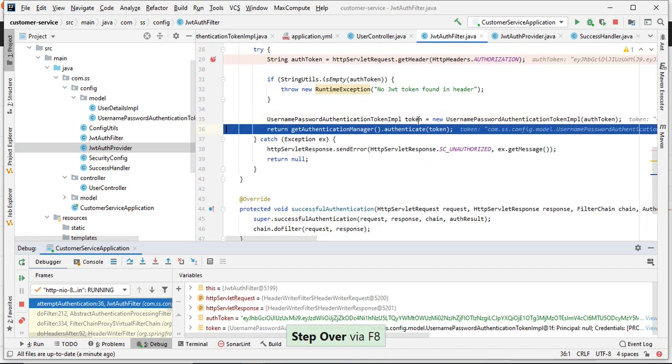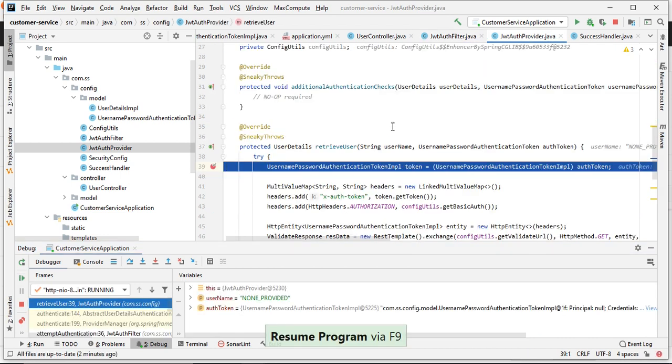Now we are creating the username and password authentication token, because the authentication manager needs that specific class, or its implementation class. So I have created the implementation class of username password authentication. Let me resume this one.